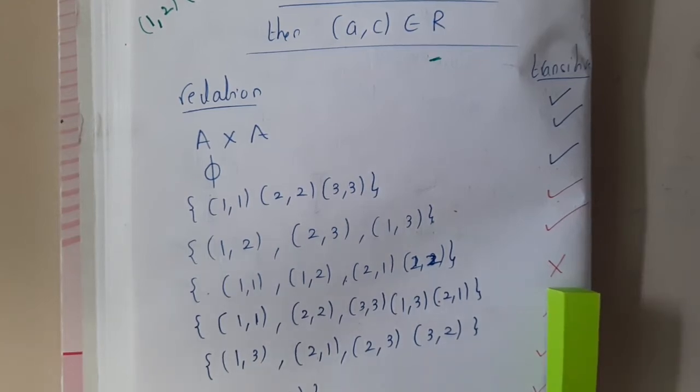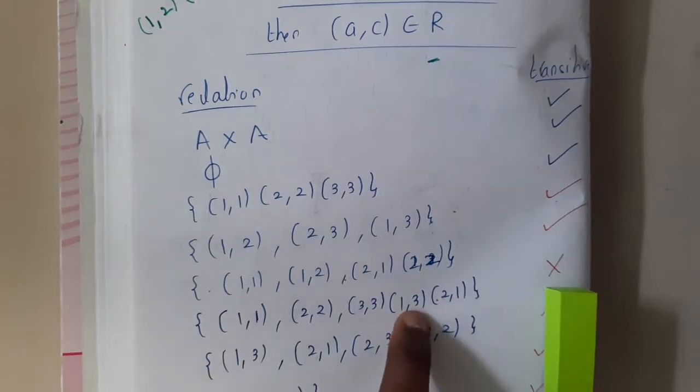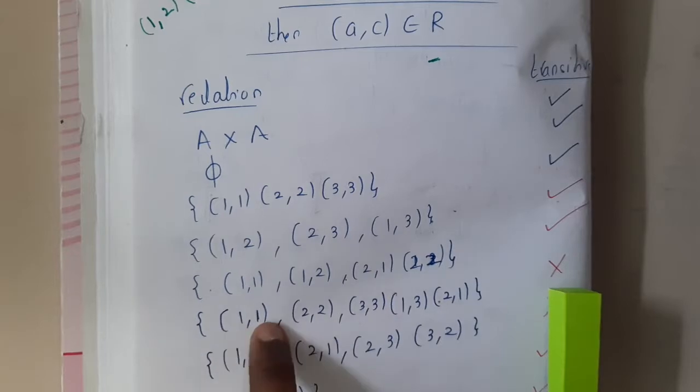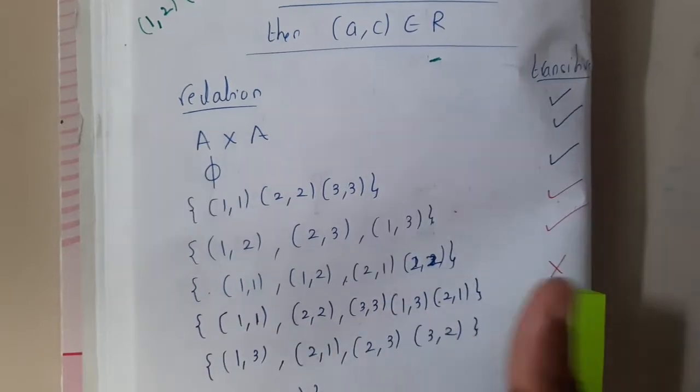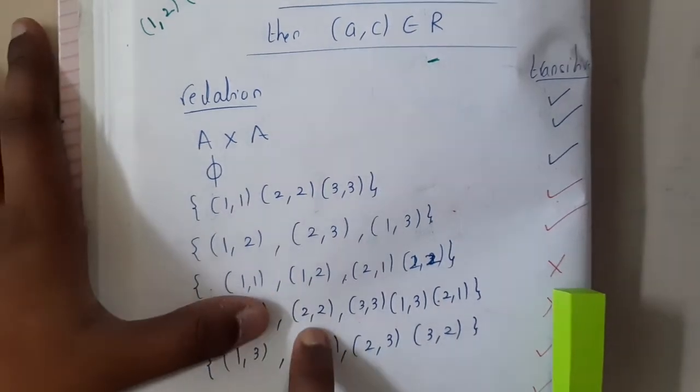What am I missing? Okay, so if we take all combinations, 1 1 could be paired with only this 1 3, right? Because the last ones are matching. So 1 1 with 1 3, you get 1 3. Done, it's matching. Other than that, nothing could be matched with this 1 1. So it's done. 2 2.